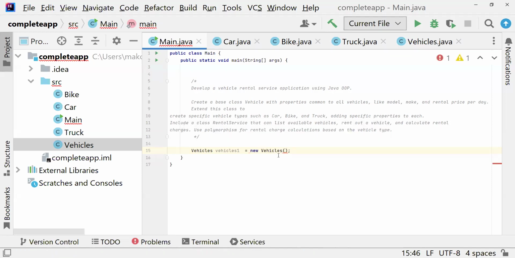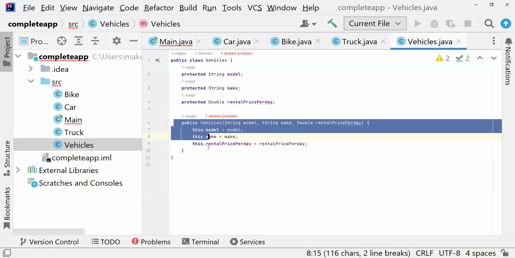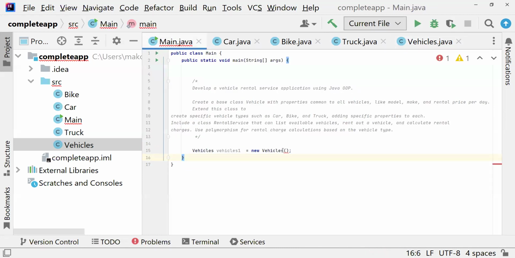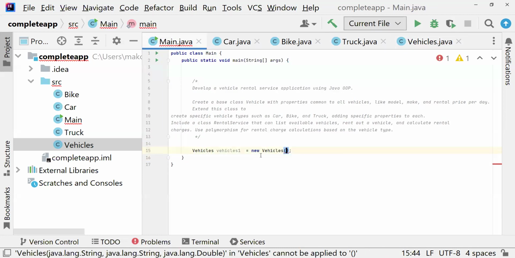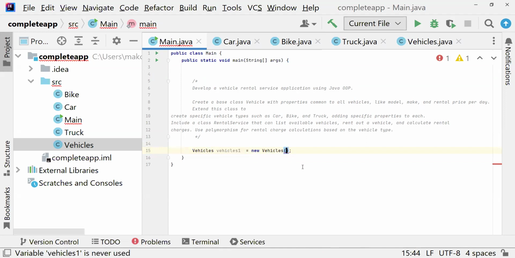Now, this structure here is the default constructor. The moment you create a constructor in your code, so I've created a constructor here, the default constructor does not work again. You can see that it's telling me I have one related problem because the computer doesn't recognize the default constructor anymore. For me to construct the variable, the object vehicle 1, I need to put in some values